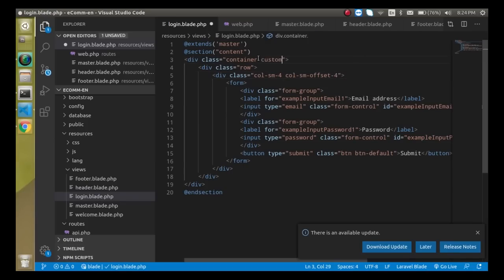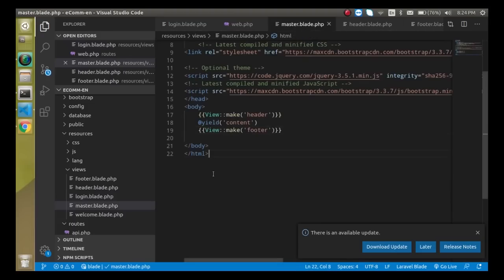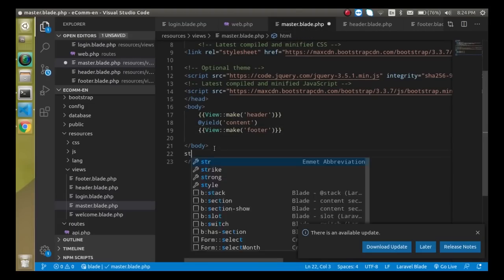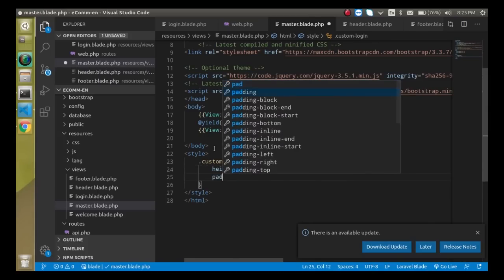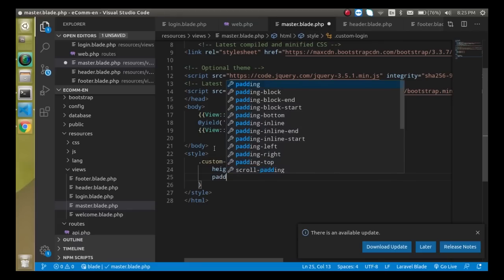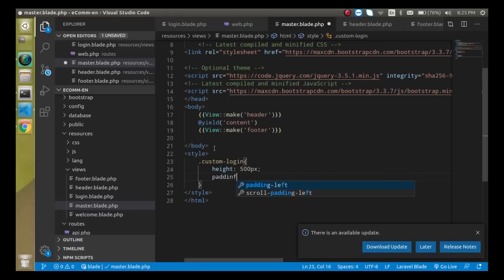Just put here custom login or something, and I will make a different file for style also, but for a moment, just add simply a style tag, right? And just put here login class, and its height can be like 500 pixels, and padding top can be